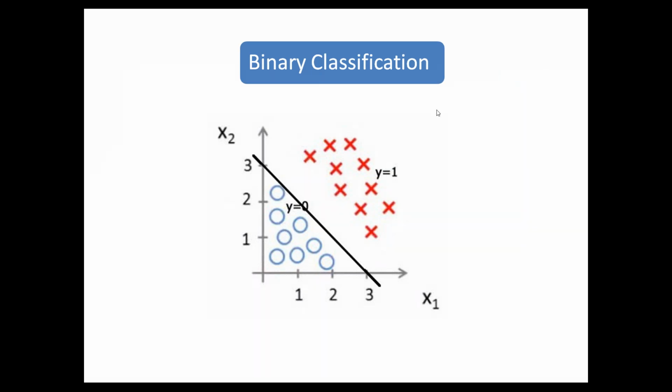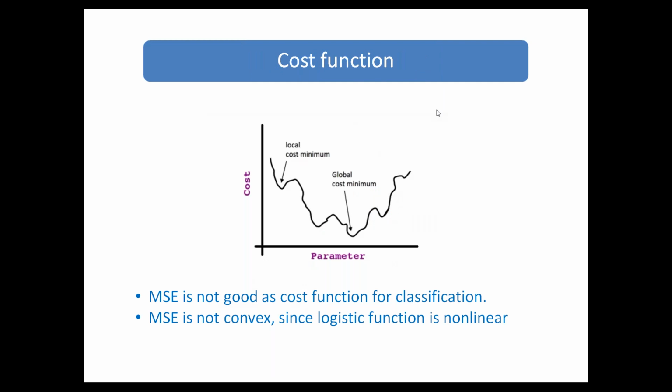So now the question is, what should be the cost function? In linear regression, we used least squares as the cost function, that means mean square error, which is like the sum of y actual minus y predicted, or y minus h of x, where h of x is a linear equation. In linear regression, we find the difference, square it, and sum it.